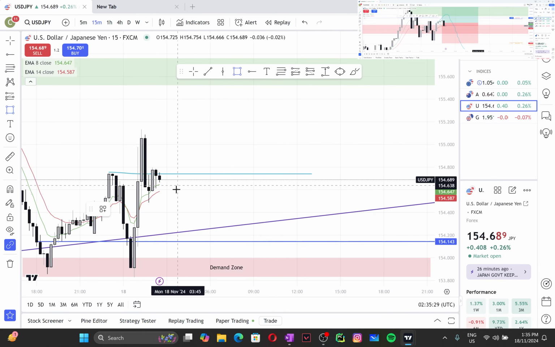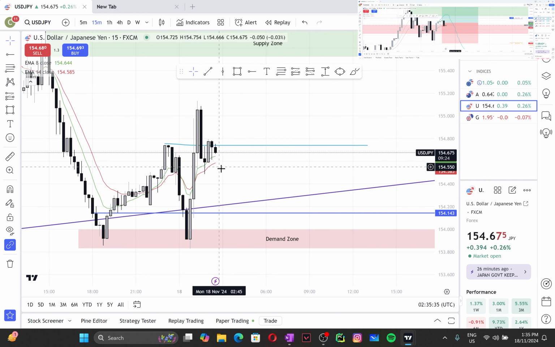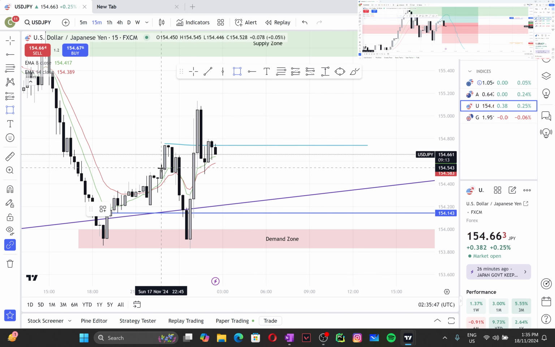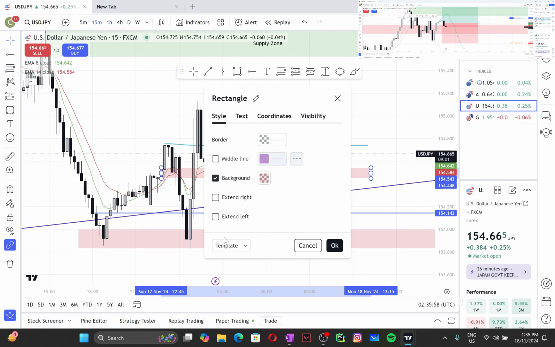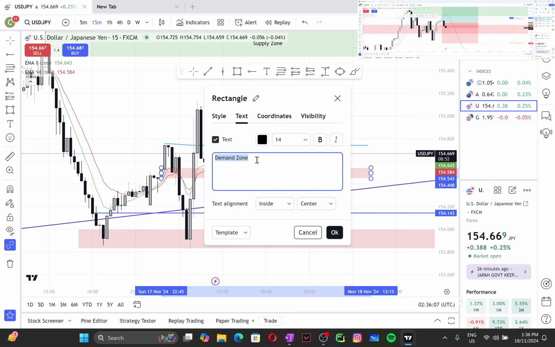Okay, and then we have, so I think that this could be a supply zone because there was a break of structure. So our previous demand zone, which could be this one, has become a supply zone maybe. So this was supposed to be a demand zone, but it probably became a supply zone. So if I'm right, and if this was a flip zone,